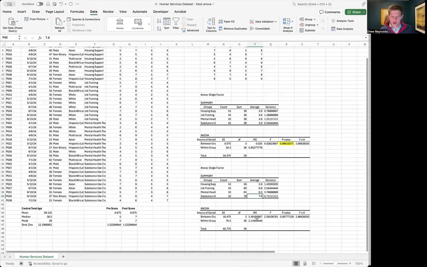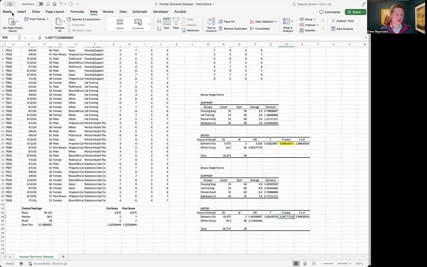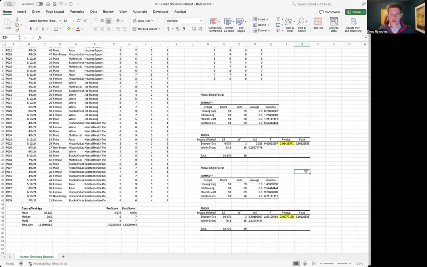Now, again, we come down here, a bunch of stats lines, but I want to just draw your attention to the p-value. And I'll go ahead and highlight it so you can take a look. What we see is that the p-value is 0.067. And in the world of statistics, we would interpret that as there is not a statistically significant difference between these groups as observed. However,